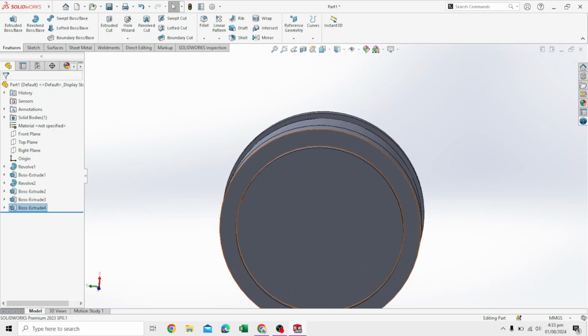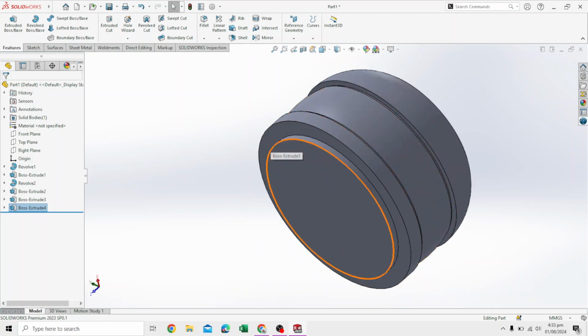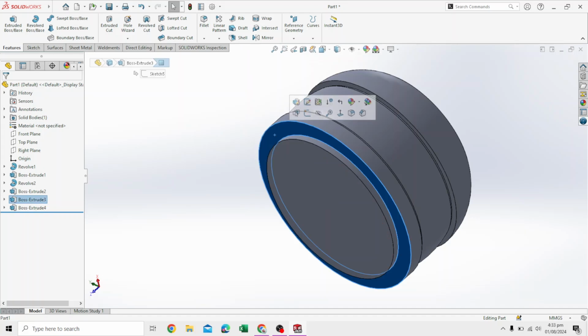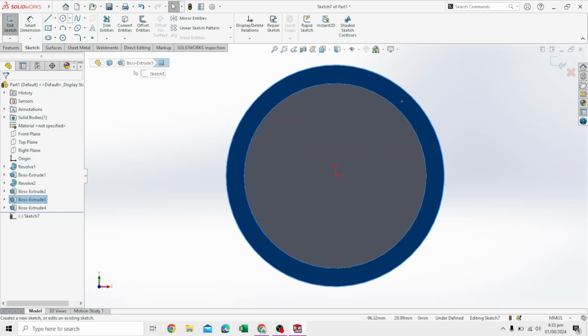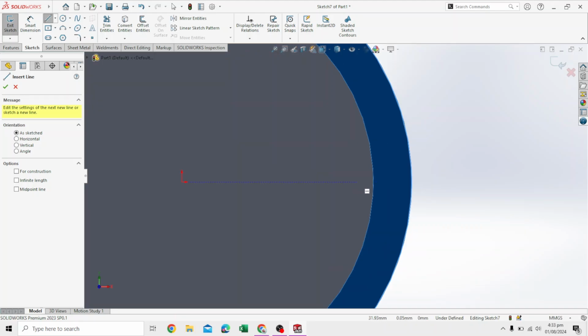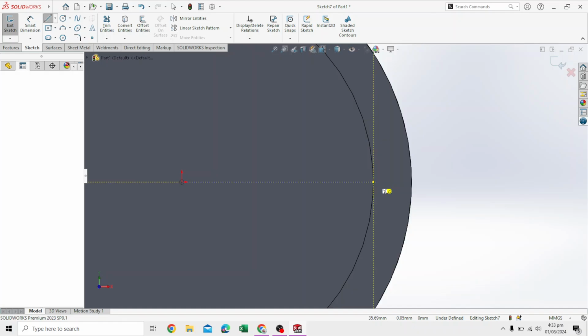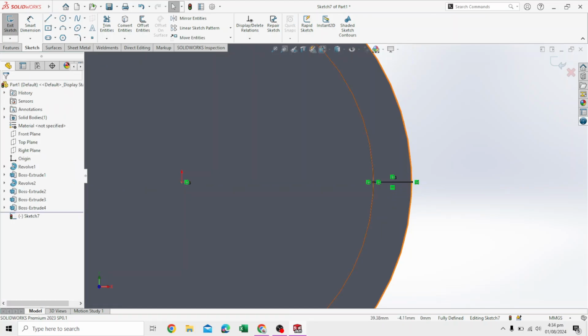Now move to this surface, this rim, this one, not this one, this one. Click here, sketch, and here we will first draw a line using this dotted reference line. Click here, and then the next one obviously on this side. Using this, we will, let me see if we can make this